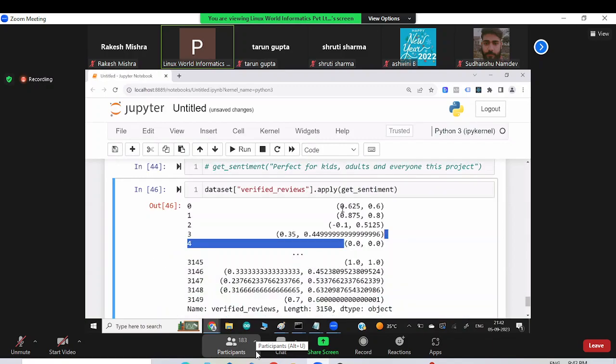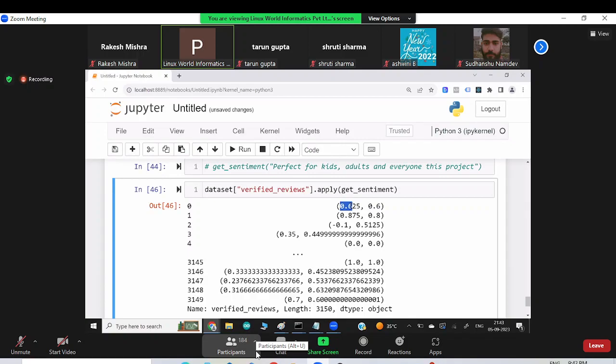And this polarity is a number, right? And the good thing about the number is if you have a number, the machine will be happy. Machine can understand the numbers only, 0101 numbers only. Now I can use pure programming skills and write a kind of condition: if any number is greater than 0, a positive feedback.